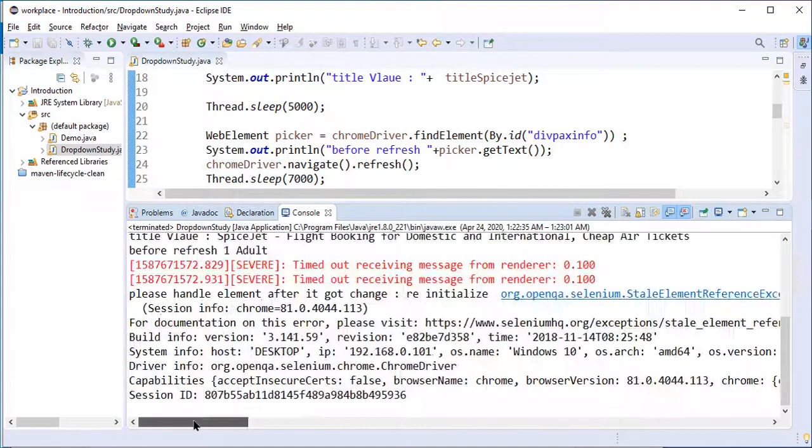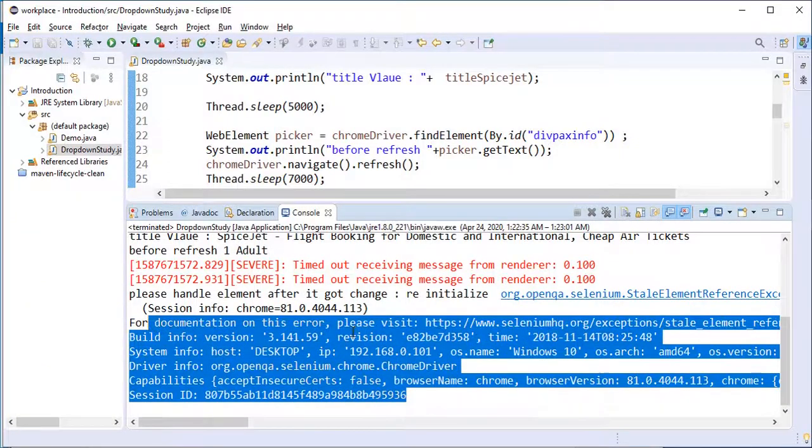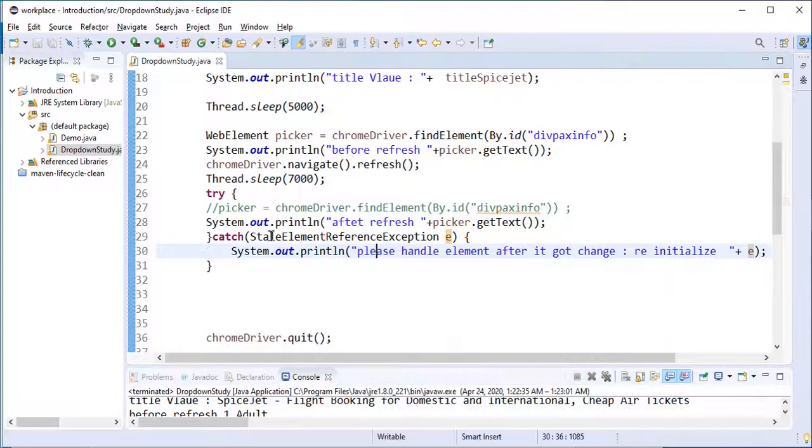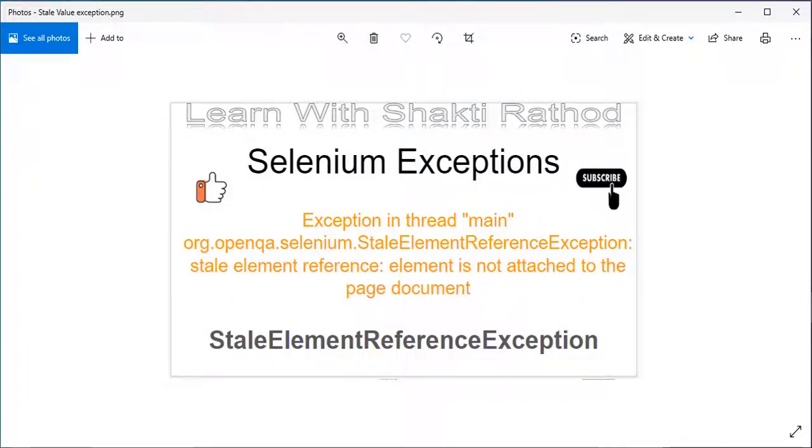It is not going to terminate due to this exception, and our flow will continue. You can handle this exception over here, reassign this value, and again do whatever work you want to do.